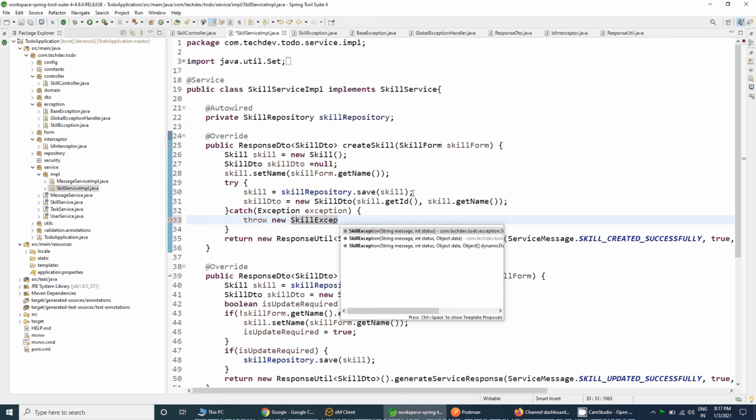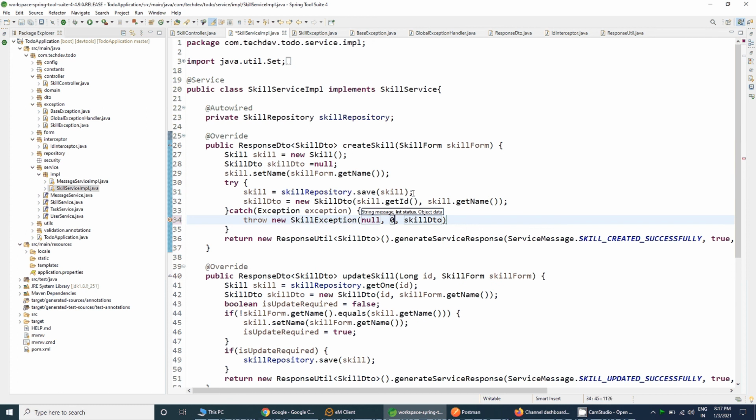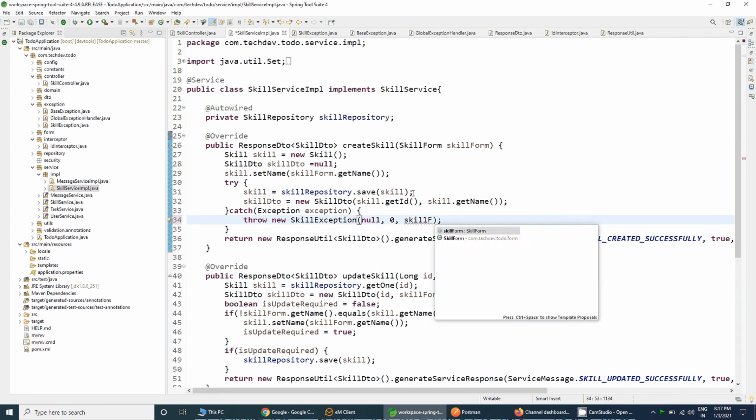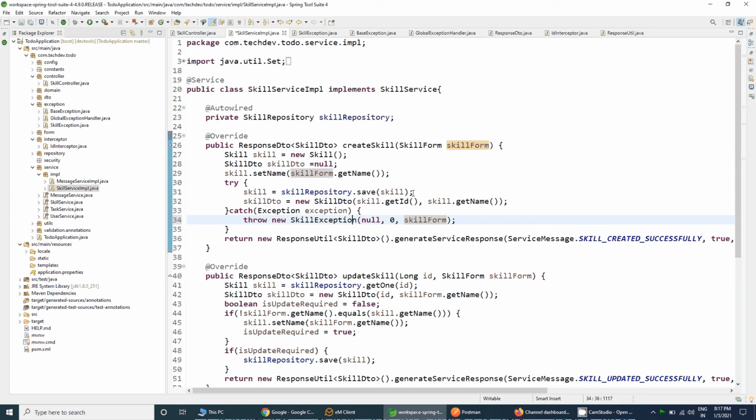and it is asking for the message, status, or message, status, object. So I will choose the message, status and object, because I want to pass the skill form inside that, the object which we have received while creating or adding the skill, and we need to pass the exception message here.